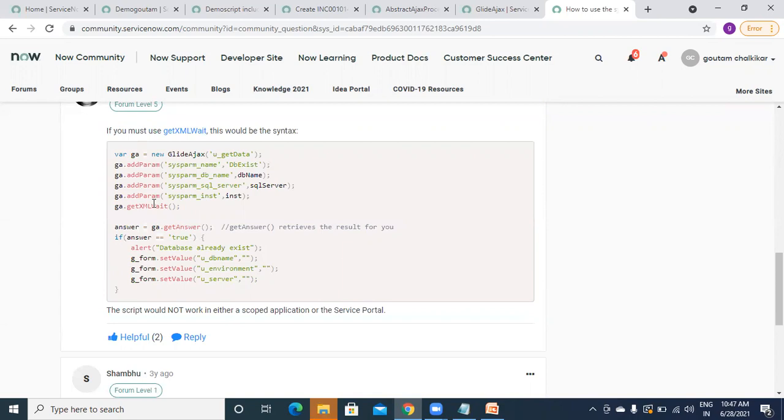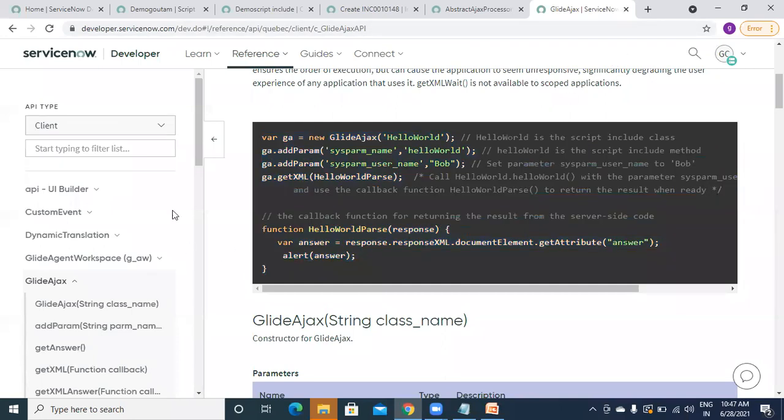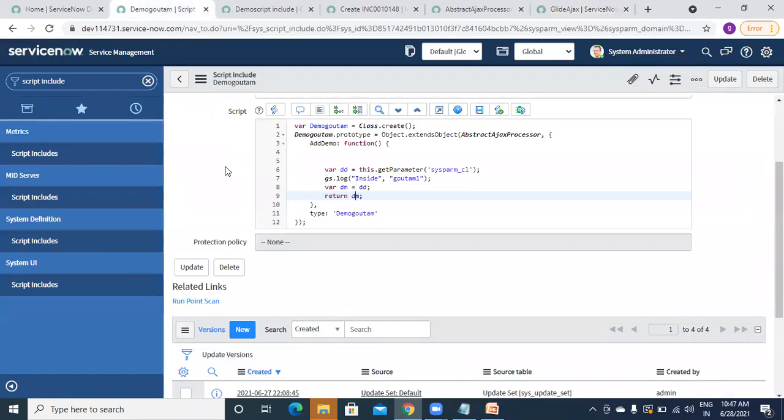And I think get XML wait is no longer supported by ServiceNow. That is why it was not showing in our instance; whenever I was working, it was showing only get XML and get XML answer. So it was working till a previous version, but I think in the current version it is not supported. I will check and let you know whether it is supported anymore or not. Okay. So just remember these three things. They will surely ask you what the difference is. Okay. That is done. So clear.